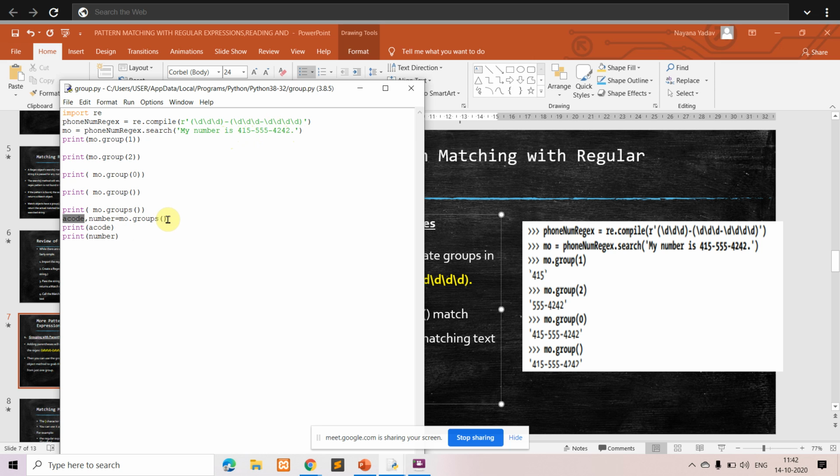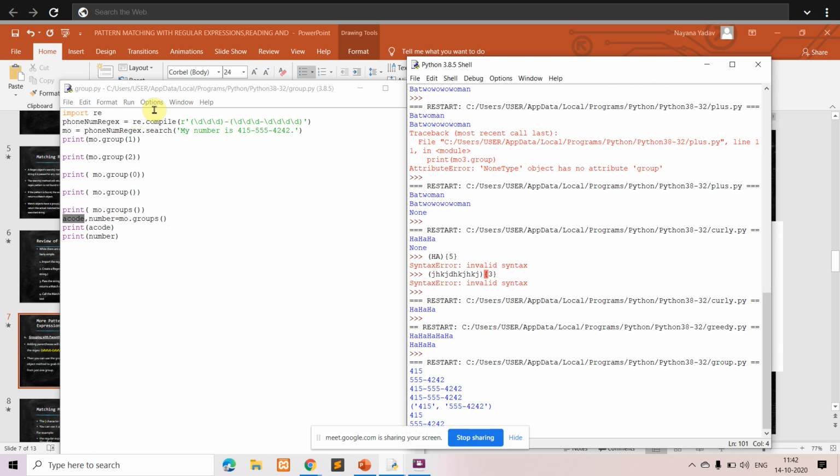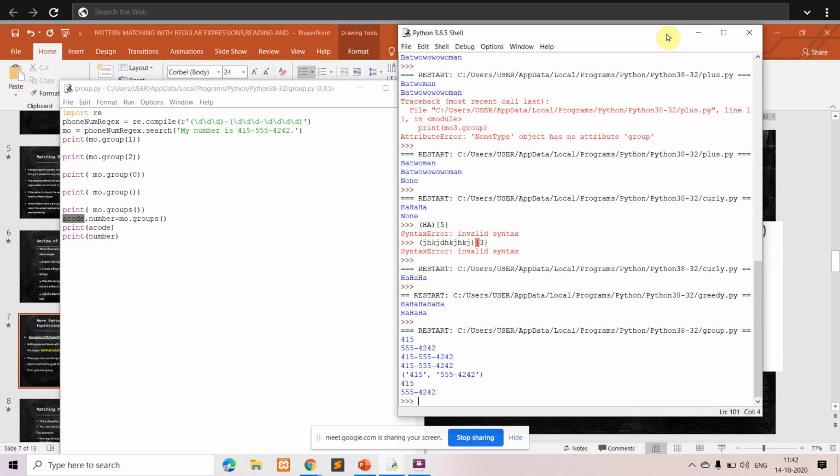So what does this do? This is going to return a tuple of multiple values. We will see with an example: multiple values in the sense we have the area code as well as the number. So I'll just run this particular code. You can see here, first is group 1.